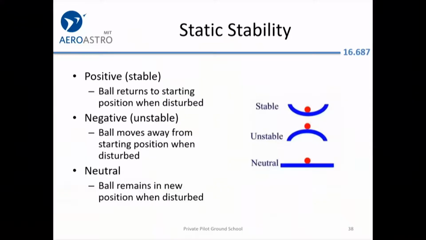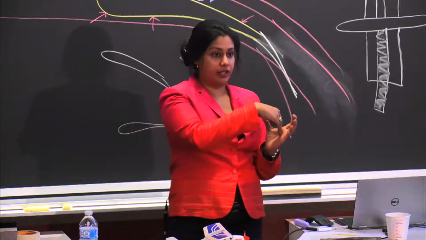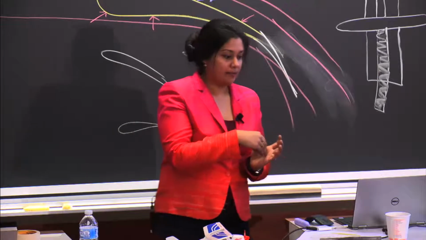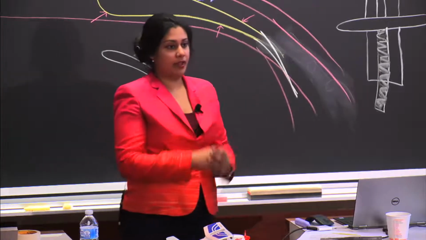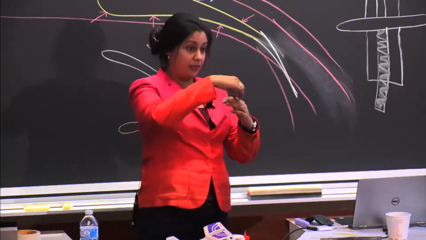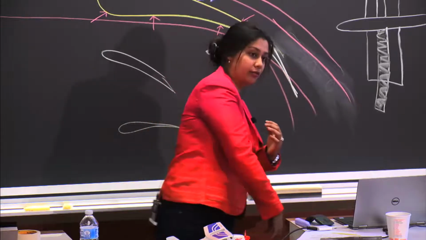So just talking about stability in general, this isn't going to dive into a whole diff-EQ discussion or anything, but just in general, something that's stable is like a little bowl. If you have a ball in a bowl, even if the ball gets jostled around, it'll return to the center point. Unstable would be the opposite. If you have a convex surface, then if the ball moves even just a little bit,